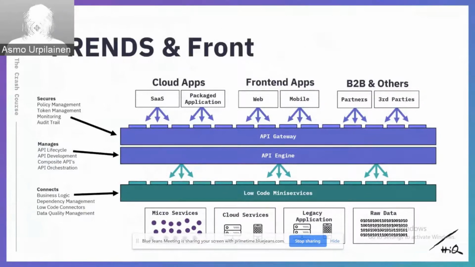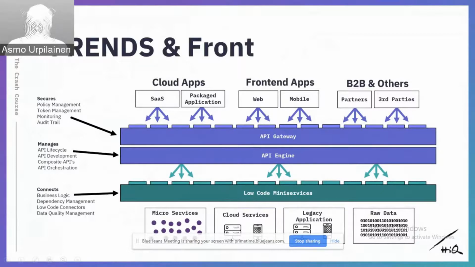And the synergy and compatibility between these 2 worlds is what makes us a hybrid integration platform, in that sense that you're able to bring the strengths of both sides to the same platform at the same time. And talking a little bit more about the actual front end stuff, so publishing the APIs and going down that API or service route, we similarly split the functionality between 3 different layers. The low-code mini-services one being exactly the same we just discussed, but the additional layers on top of that are